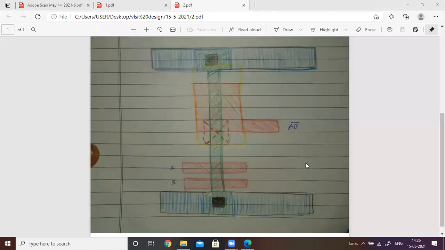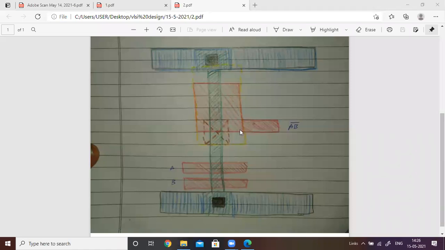Now, let's go to the layout diagram. Similar to the previous one, how to draw the layout diagram in NMOS design style. Once again, that is the NAND gate layout diagram. The depression mode transistor has the same structure. Okay, structure is same. Only difference is instead of using a single transistor in the pull down region, we are having two transistors. Just place another transistor. Okay, remaining everything is same.